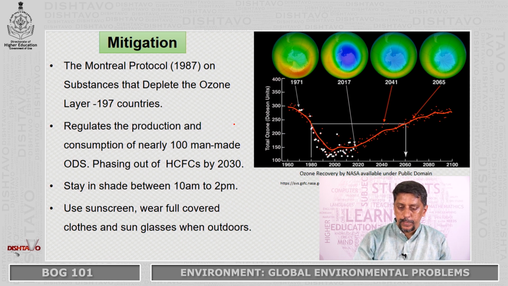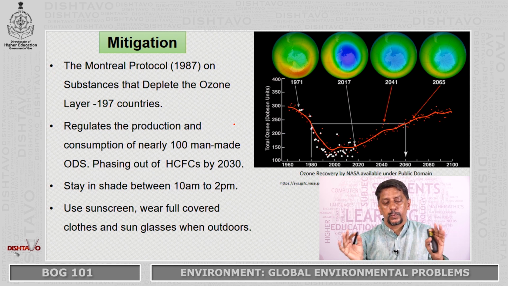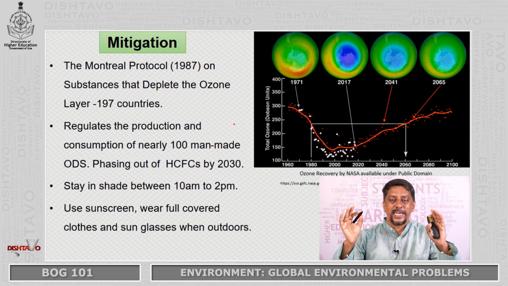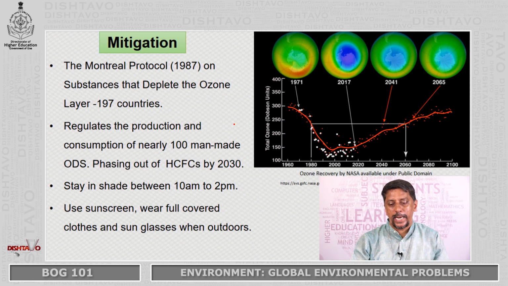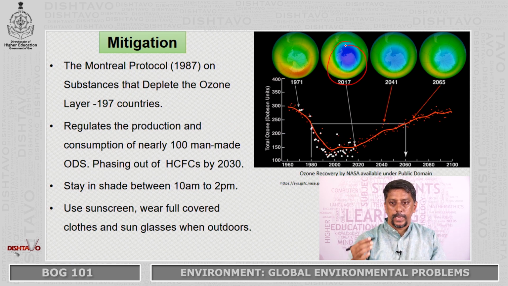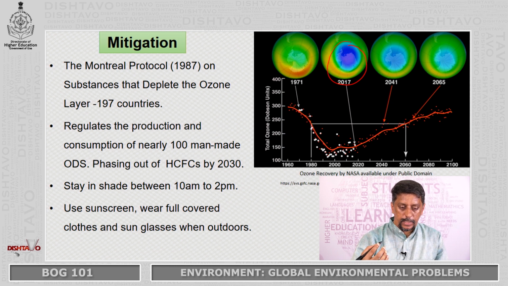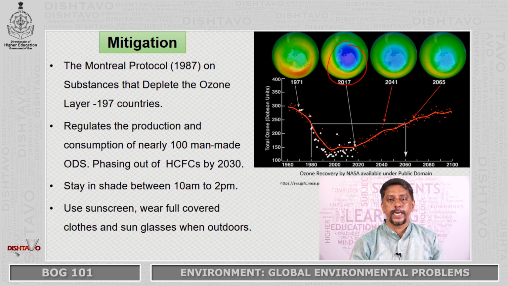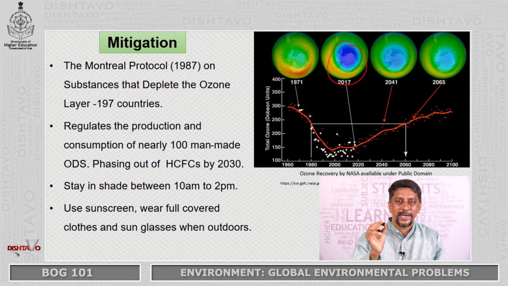If you look at this presentation that is given by NASA, in 1971, the earth was so good. The layer, that is the ozone layer, was intact. We can see these images of Antarctica itself. And now, in today's world, now we are in 2020, we are still facing the ozone hole. It has depleted. But now the mitigation measures have been started from the Montreal Protocol in 1987, and the entire world, the United Nations have come together. It is signed by 197 countries.